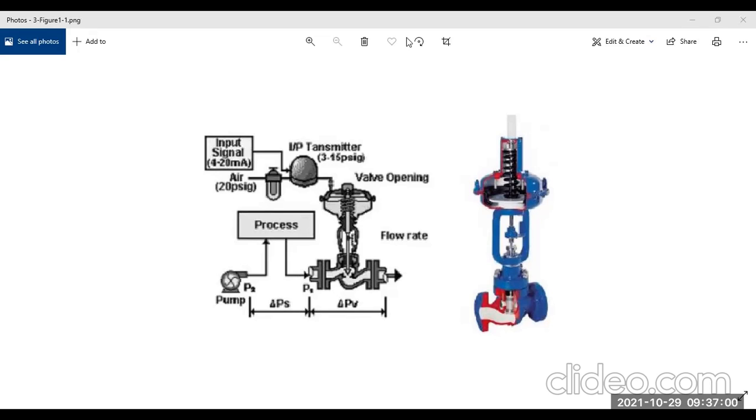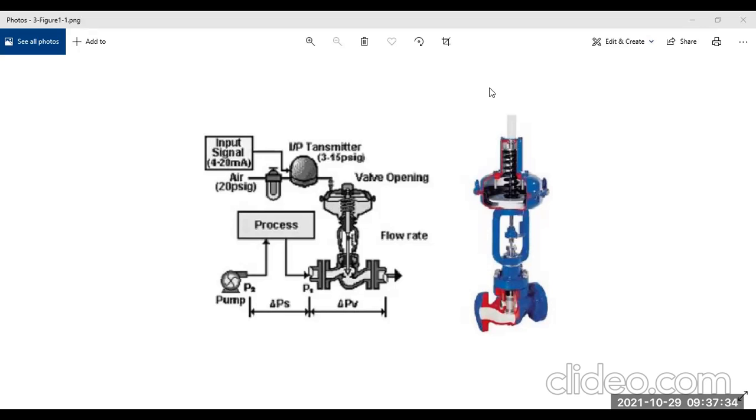Okay, so let's start. We have covered module 1 in our previous classes, and today we will discuss a new module, module 2. In this part you have to know different types of control, that is, the control action part. At first we have to know the broad idea of the pneumatic controller. This pneumatic controller is one main instrument in our process control industries.